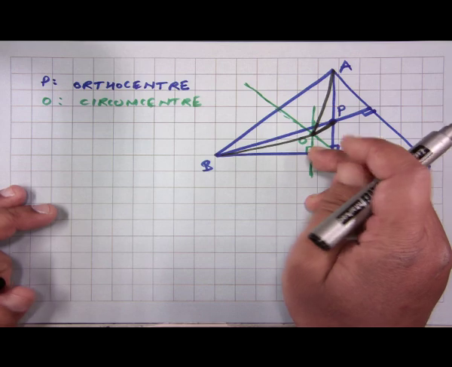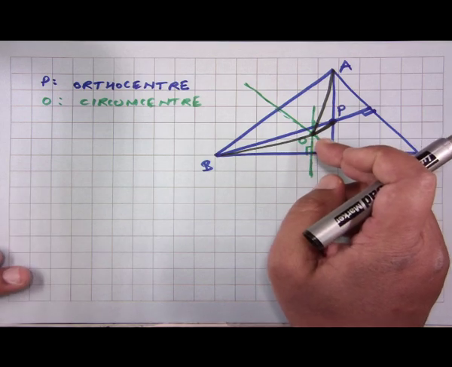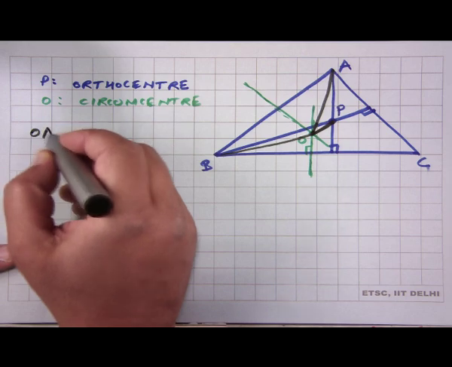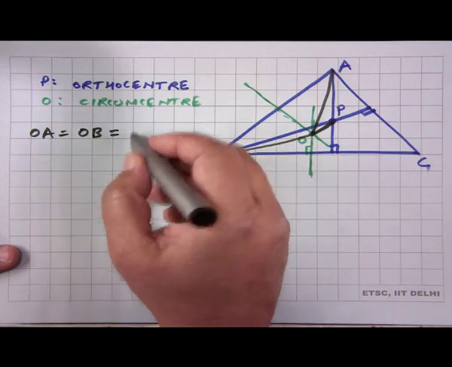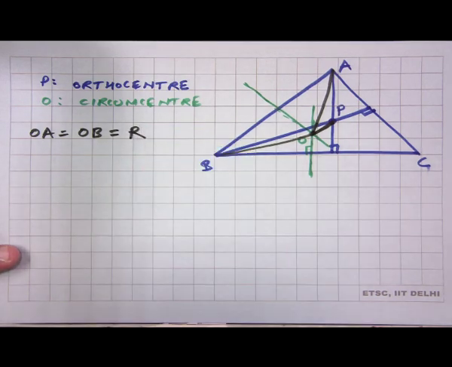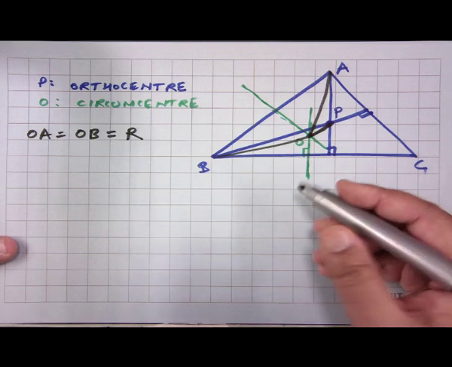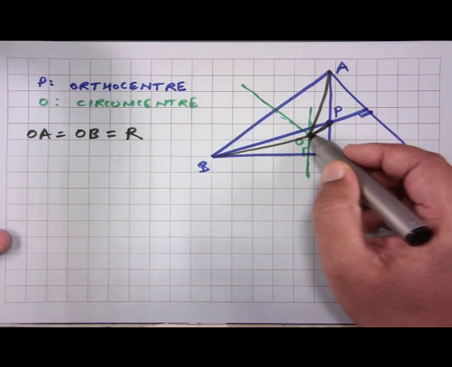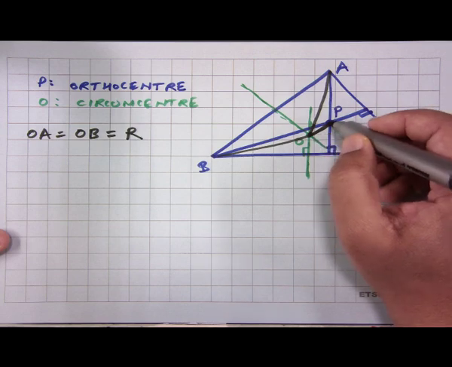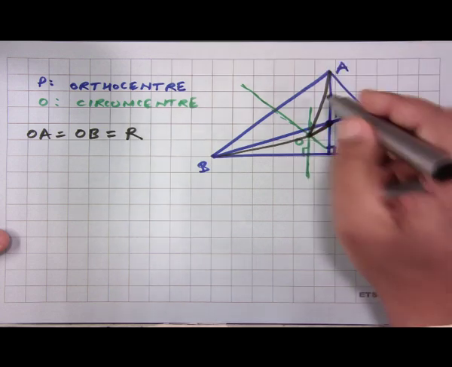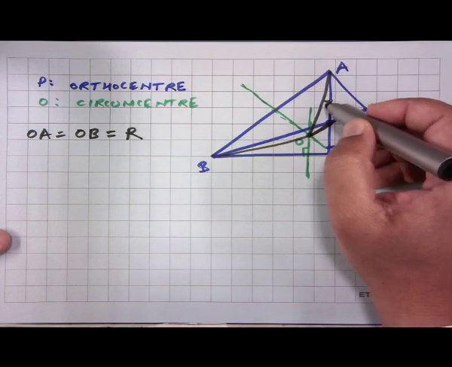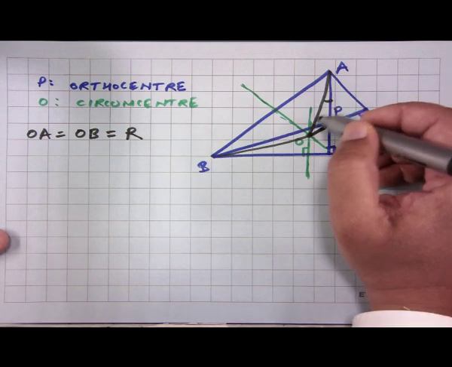Of course, since O is a circumcenter, we know that OA is equal to OB is equal to the circumradius R, and then since we have to find OP, we see that OP is a side of this triangle OAP, and we already know the length of OA. If we apply the cosine formula to this angle OAP,